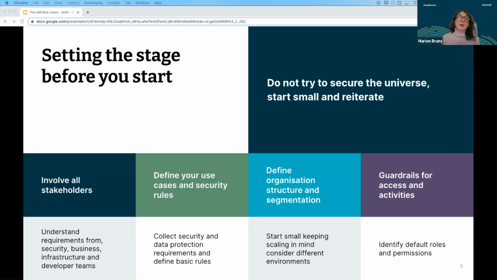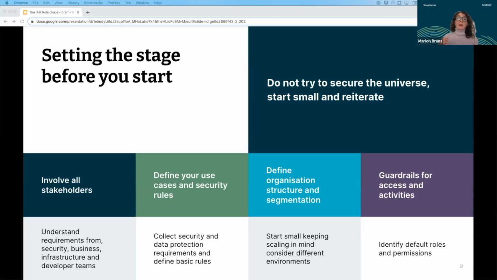Another thing I strongly recommend, maybe not at the very first stage, but you should consider, is threat modeling at an early stage, which can be repeated over time again and again. The next part is define your use cases and security rules. These can be quite simple rules at the very beginning. As I said, you don't have to start with a full-blown security rule set, but there are fundamentals you want to follow.